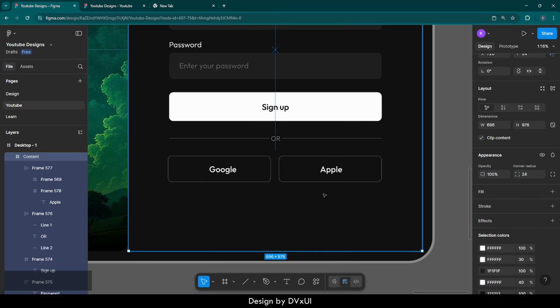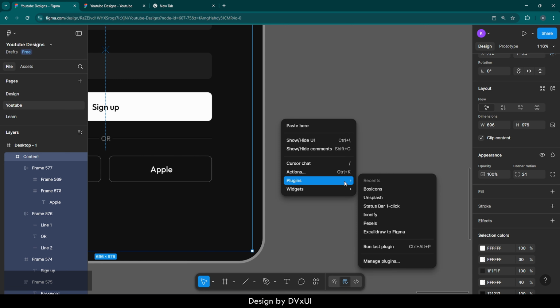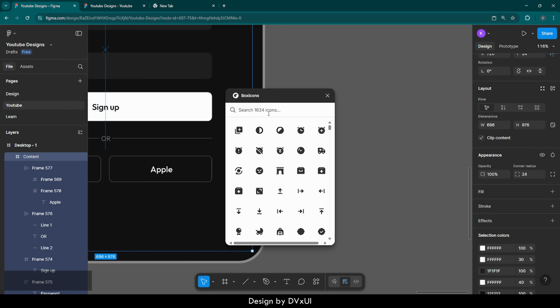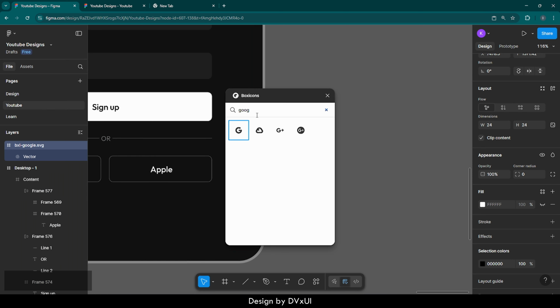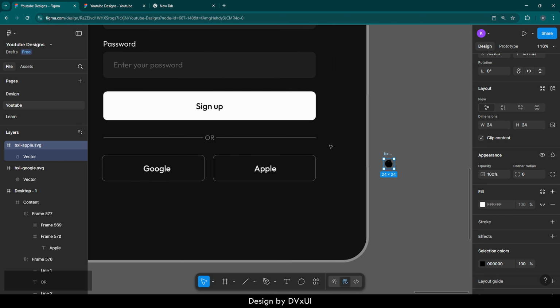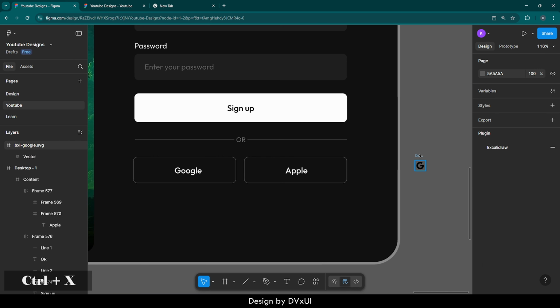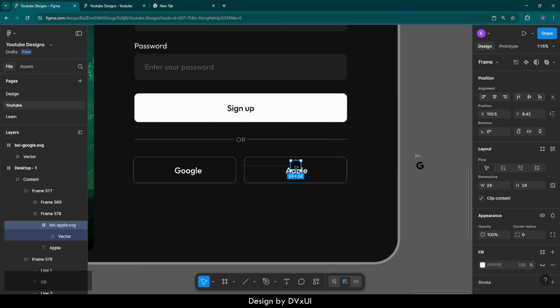Now we need the icons. So let's scroll over here, right click, go to plugins, and if we go to box icon, let's find those icons. So write Google. I got it. Perfect. Now here I'm going to write Apple, drop it over here, and now put these icons over here. So first of all, I'm going to copy the Apple one, go to Apple, paste it, pull it over here,